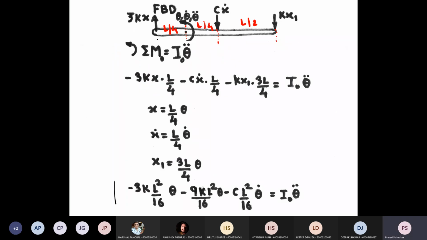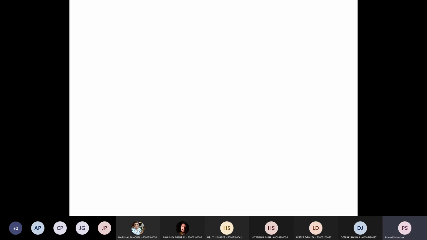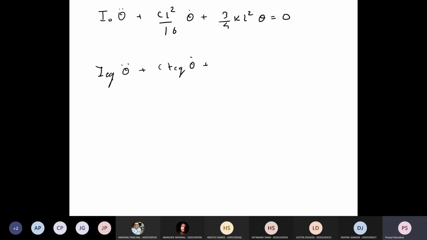Now I have written this entire equation in terms of theta, which is of the similar format. So it is in terms of theta, theta dot and theta double dot and its coefficients. Okay. So now if I arrange this equation in our familiar format, this becomes I0 theta double dot plus CL square by 16 into theta dot plus 3 by 4 KL square theta is equal to 0. So again it is of the form I equivalent theta double dot plus C torsional equivalent theta dot plus K torsional equivalent